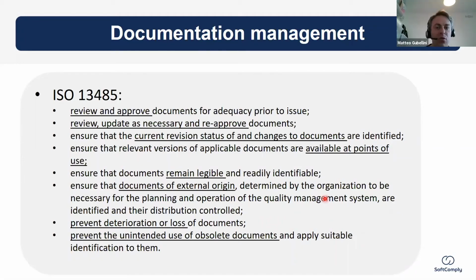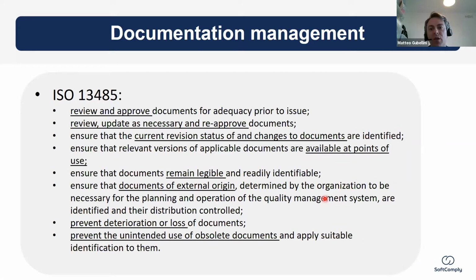What does it mean? So starting with 13485, it says that documents have to be reviewed and approved prior to being issued, so prior to people being able to use them. Have to review them and update them as necessary, and then they have to go through the same process of review and approval. You have to ensure that the current review status of changes to documents are identified,